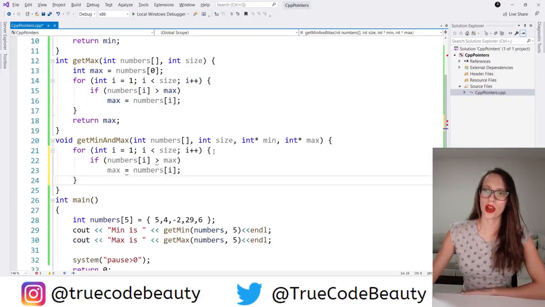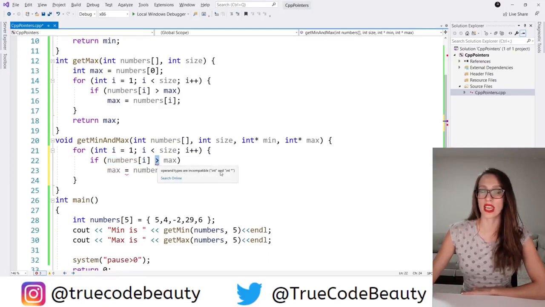And once more, we are iterating through all of the numbers of our numbers array. And then here we say, if you find any number which is greater than our max number, and here we have an error which says operand types are incompatible, int and int pointer, which means that here we have to dereference this pointer using the star symbol. So if you find any number which is greater than our current max, please store that number inside our max